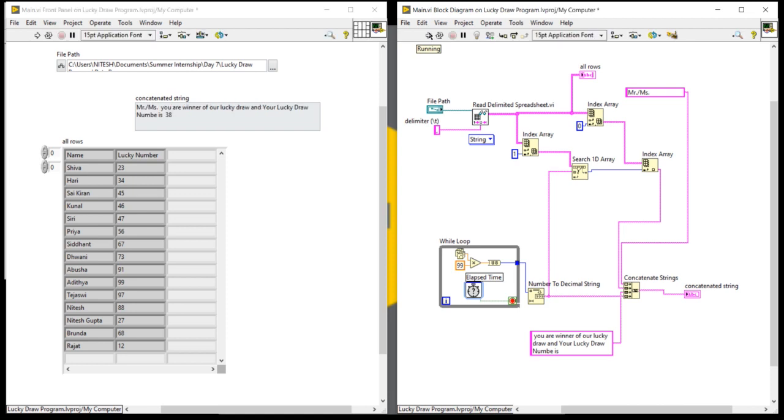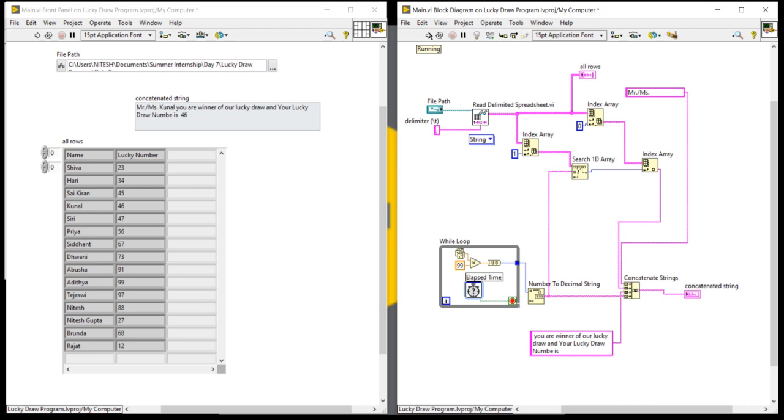Here I am not getting any name because number 36 is not present in my database. How can we solve this problem? We'll show you later. Again, I am going to run 53. Nobody is the winner. Yes, 46. Mr. Kunal, you are the winner.